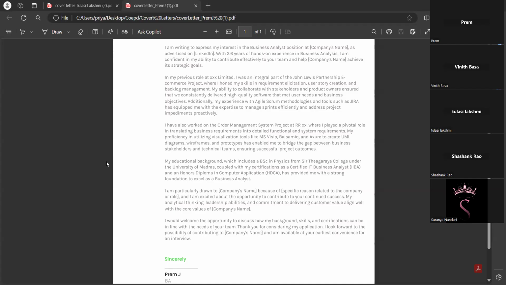Yeah, sure. The goal of the order management system was to enhance the efficiency of order processing and management. This includes ensuring customer orders were processed seamlessly and accurately in a timely manner. The primary objective was to improve the customer experience by providing a more efficient and reliable order process.